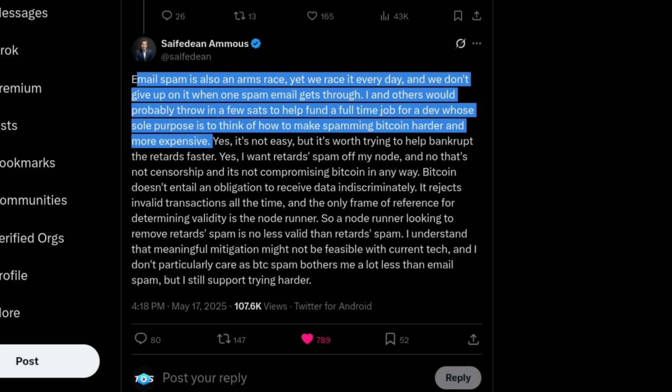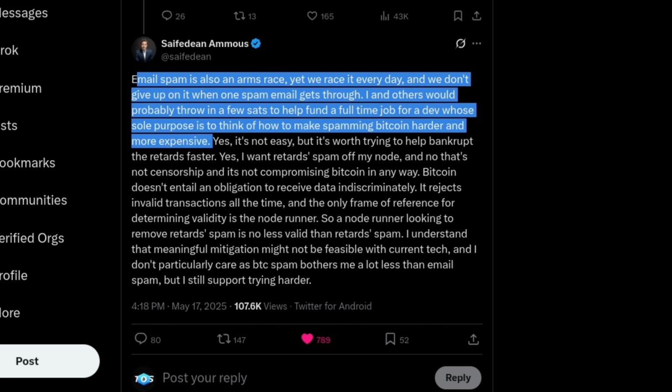If a spammer finds a new way to spam Bitcoin, we should apply a filter to patch that spam or get it off the chain. And we should keep going and going and going. That's the same way we do with email, so that's the same way it should be with Bitcoin.